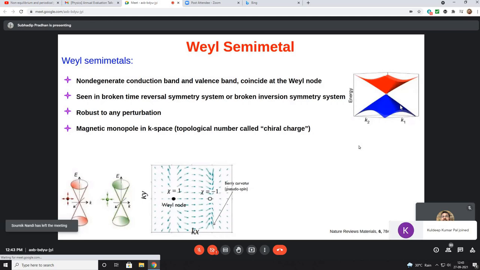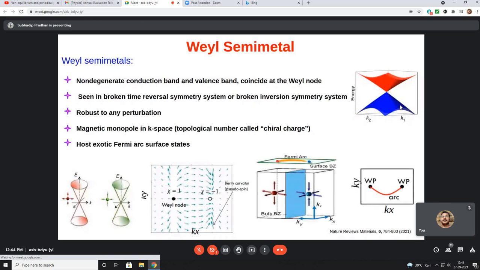And this Weyl node can be thought of as a magnetic monopole in k space, because if around a Weyl node you consider a closed surface, a closed sphere, on this sphere you can get a non-zero Chern number. So around this Weyl node you can get a non-zero value of Berry flux. For two different types of Weyl nodes, there will be two different topological Chern numbers, or topological chiral charges. So in the total Brillouin zone, there are a minimum of two Weyl nodes. One has a topological charge number 1 and another one has -1. One is called the monopole and the other is called the anti-monopole.